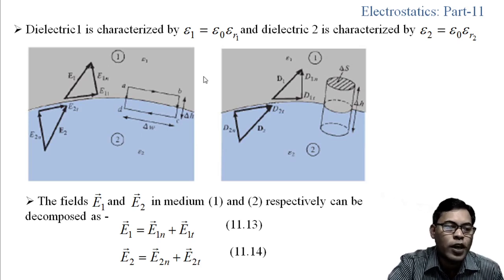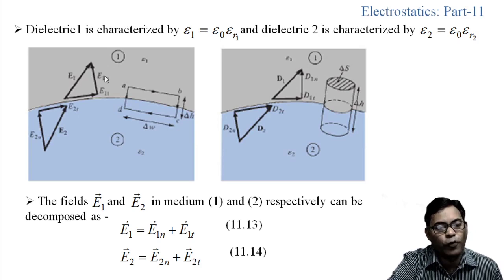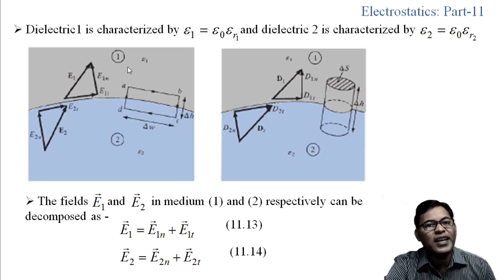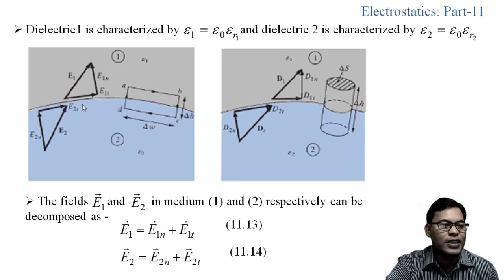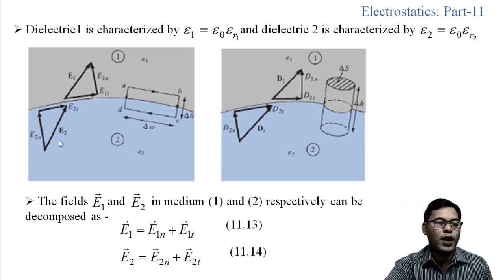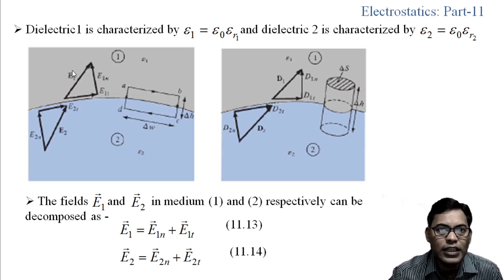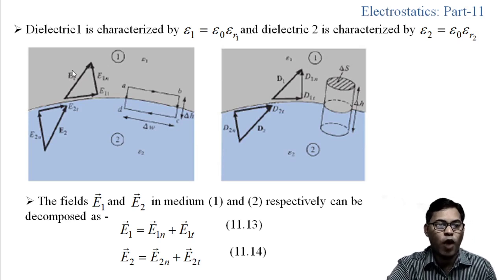So here we are considering the electrostatic field is propagating from medium 2 to medium 1. Although you can consider this as the continuous flow of electrostatic field from medium 2 to medium 1, for better understanding we have divided this electrostatic field in two parts: E2, which represents the electrostatic field in medium 2, and E1, the electrostatic field in medium 1. Although these two are a continuous electrostatic field E.